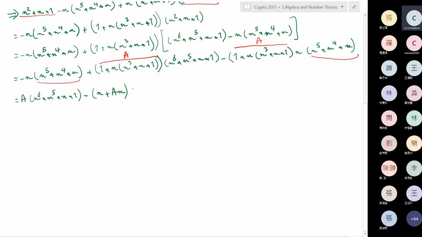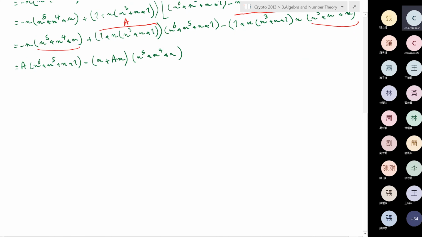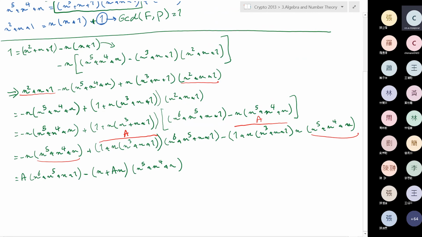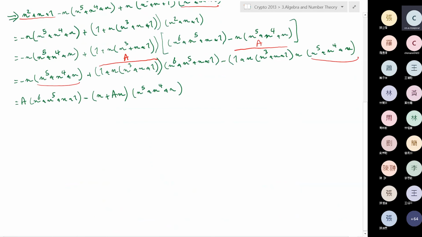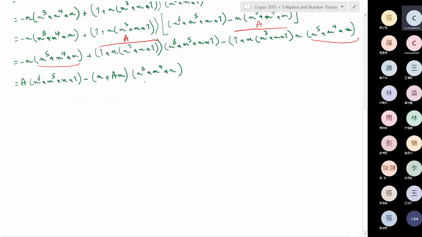And then the common coefficients, which was x^5 plus x^4 plus x. Now that we have that, I end up with x^5 plus x^4 plus x. This is the last thing that I have to replace. So it looks like I can rewrite this one. All I have to do is move this thing to the other side of the equation. And if I do so, then I can rewrite this term